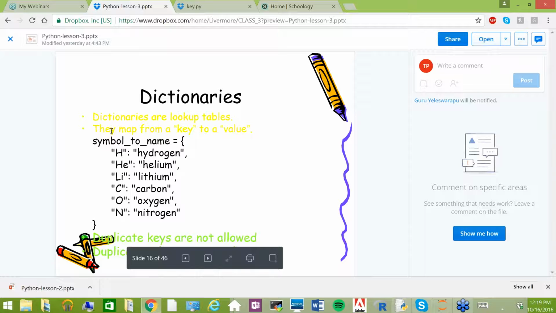Yeah, so dictionary, as I said, maps a key to a value, and you can only have one key, but you can have many values. So, for example,